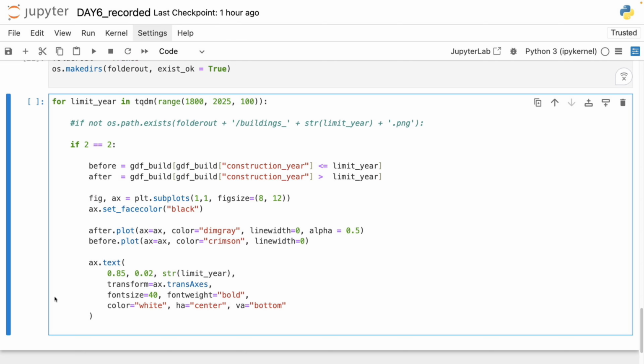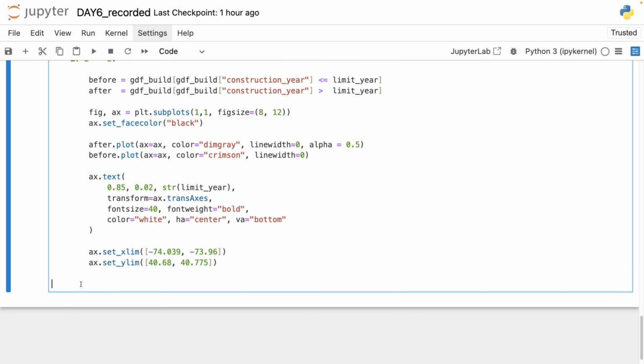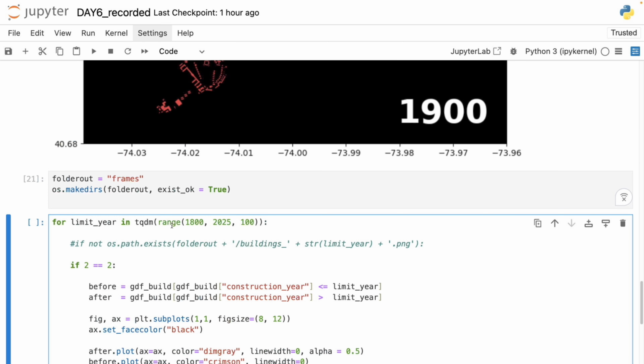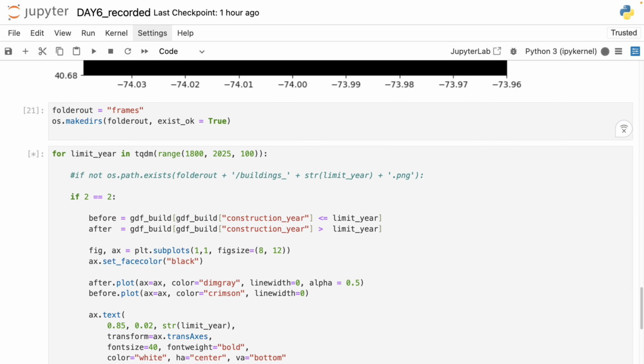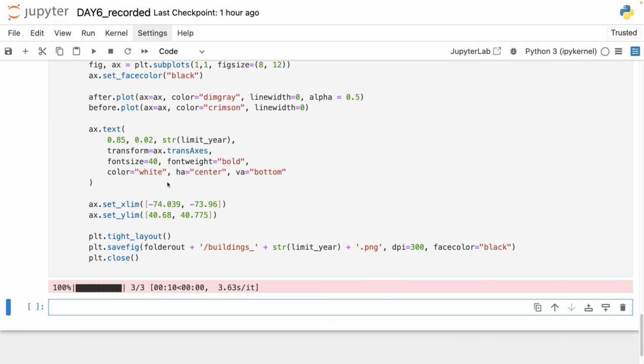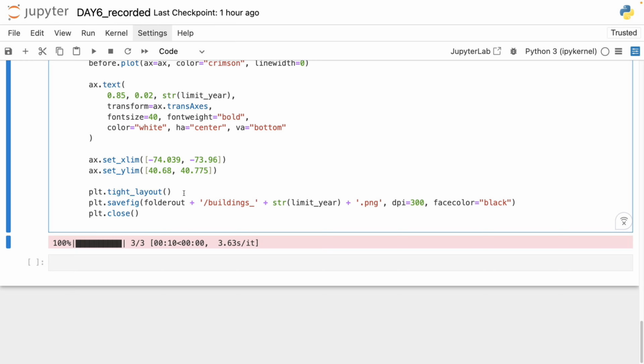And now we are not removing the axis, so this way we will preserve the black coloring. We will set the limits, the title, layout, and finally export the image and close it. Let's see how it runs. So there are no errors, it runs smoothly, and thanks to the tqdm command, we can actually track the progress